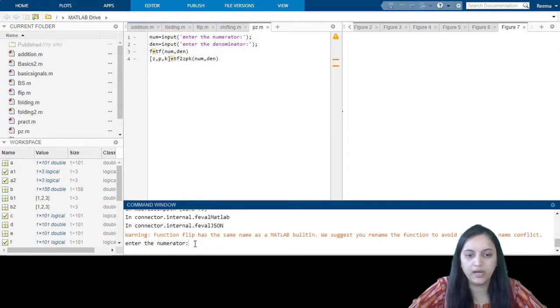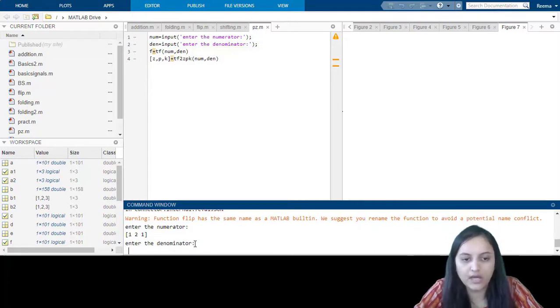So here it is asked to enter the numerator to us. Let us enter the numerator 1, 2, 1. So next it will ask to enter the denominator. Let us enter it as 1, 3, 2, 1.